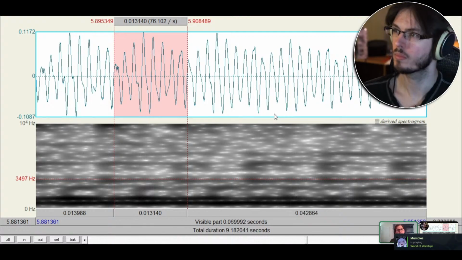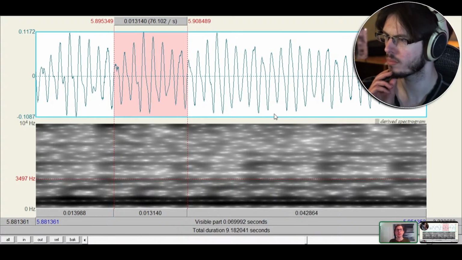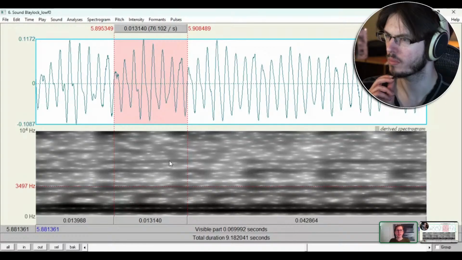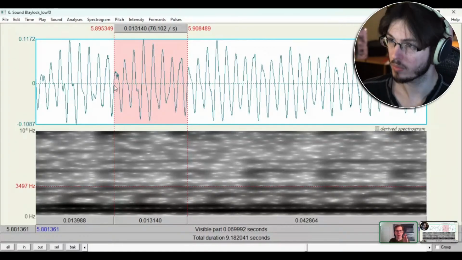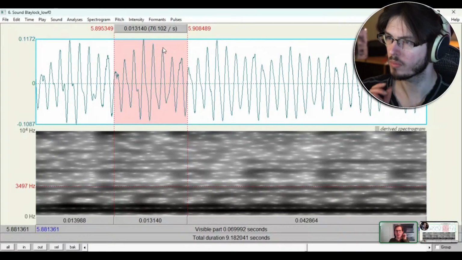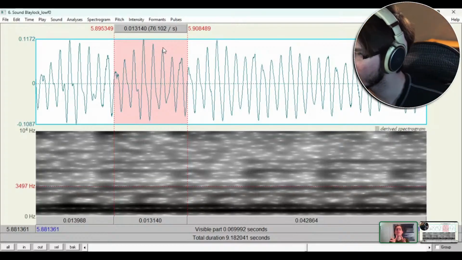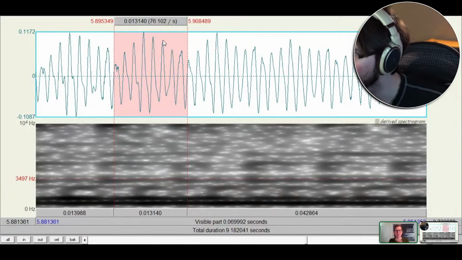I mean, a good day for me being a bass, but a bad day for my voice quality because I'm probably sick or something. But this isn't unreasonable for humans to make. This is my lowest that I can get, about 76 hertz, the slowest vibration my vocal folds can make.